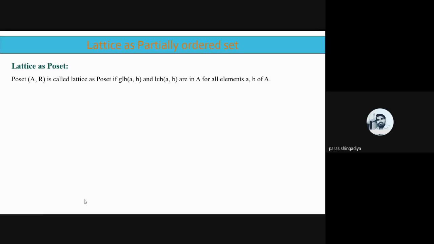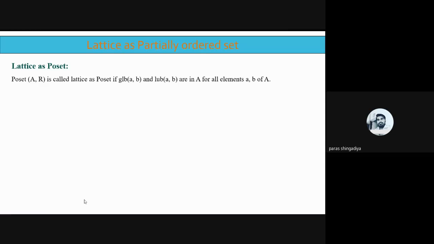A poset (A, R) is called the lattice. Means a poset (A, R) is called the lattice as a poset if GLB of (a, b), the greatest lower bound of two elements a and b, and LUB of two numbers, means the least upper bound of two elements a and b, are in the A again, ठीक है,